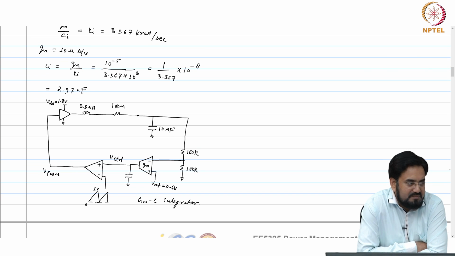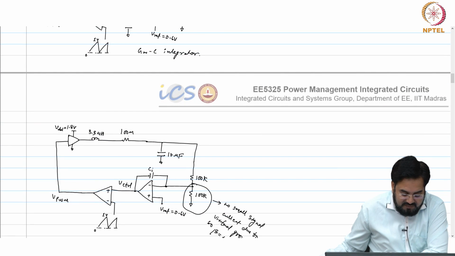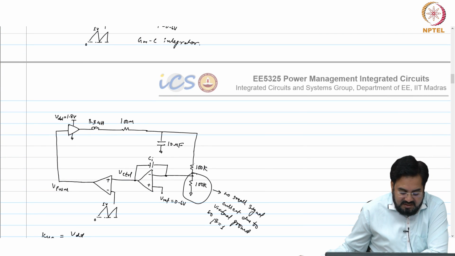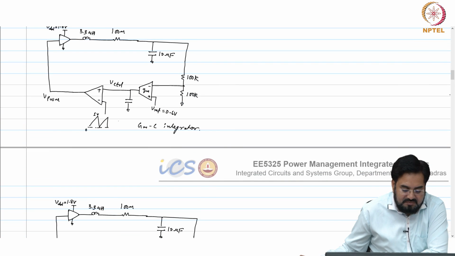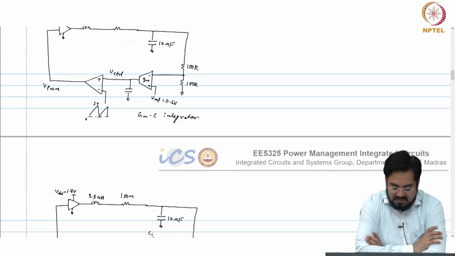I mean, anything less than 100 picofarad is okay, and if it's tens of picofarad, that is more preferred because these caps take a lot of area. So, with the GMC you can achieve that, and if you want to go with the op amp RC, then this R value should be very large in that case, okay, which means this R will take more area. So, it's better to reduce the GM in that case, but there is a problem if you go with a very low GM. Noise is the other thing.